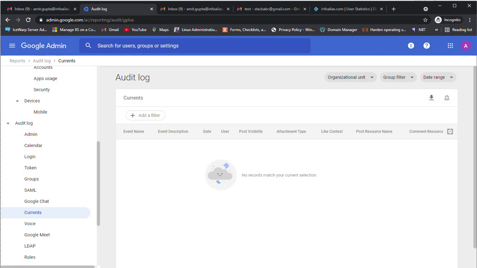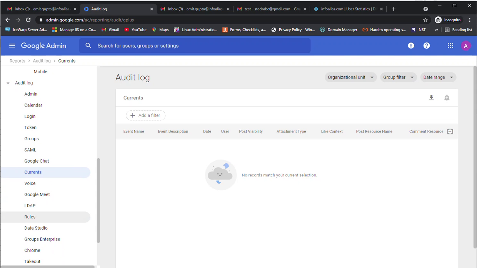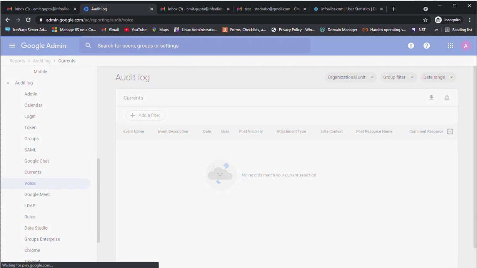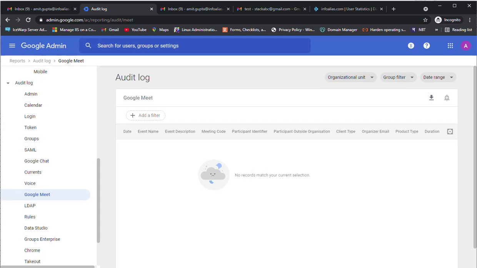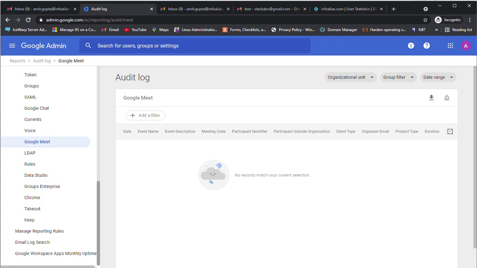In the currents, here you can see the event descriptions, post visibility, attachment type, like context, post resources, common resources. These all are self-explainable. And next is the voice and Google Meet, and similarly email log search.